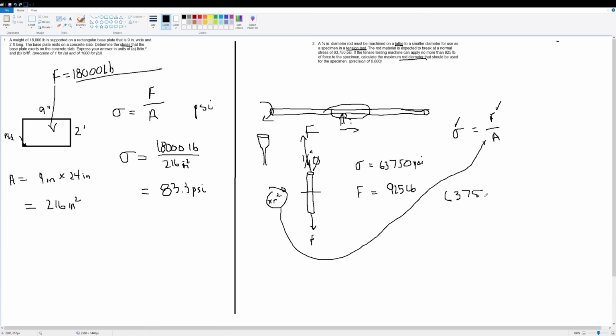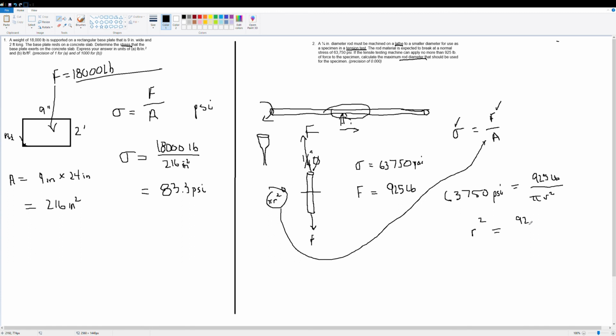63,750 psi, or pounds per square inch, is equal to 925 pounds, handwriting's a little weak here, but you get the idea, divided by pi r squared. Okay, using algebra, let's move this r squared to the other side and divide by that 63,750. So I have r squared is equal to